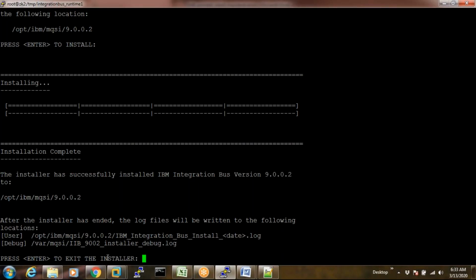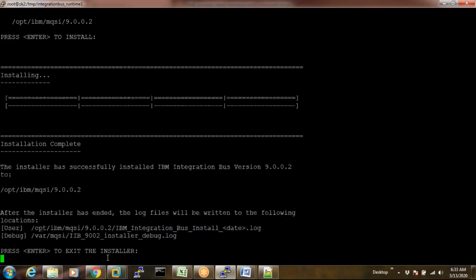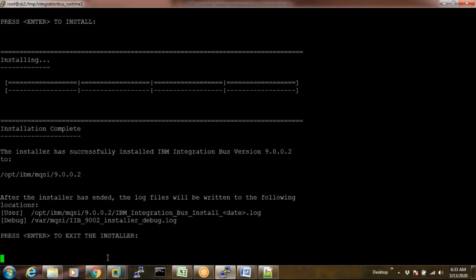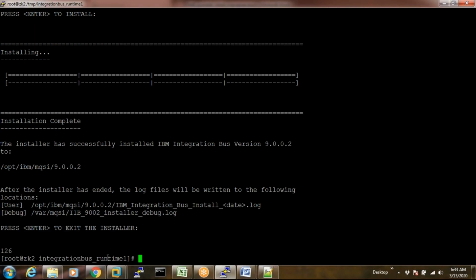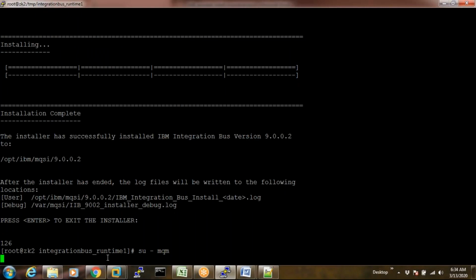Fine. The installation has been completed. Press enter so that the LAN check will be ended. Yeah, I think you have to copy and paste the profile. Exactly. Only the profile path is pending. Fine, it's not ended. So if I switch to the MQM user,